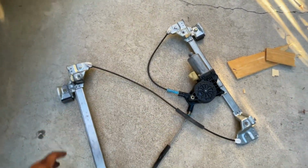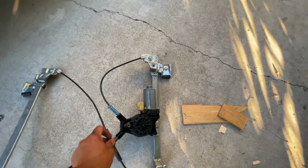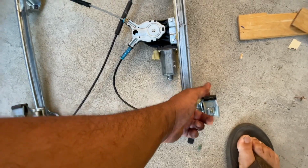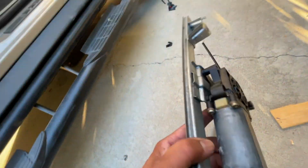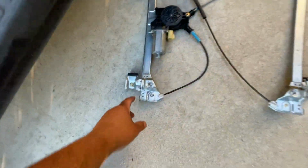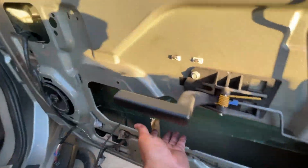This is how the regulator mechanism is inside the door. Let me flip it over. That's how the regulator mechanism is in the door. And these two things right here, they hold the glass. So you need to loosen up on the other side. You need to loosen up this screw, which happens to be a 10 millimeter, like the other 5 that I just told you about. And this one, you loosen them up just enough so that you can get the glass